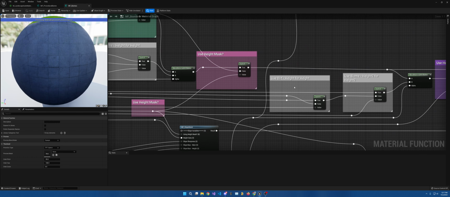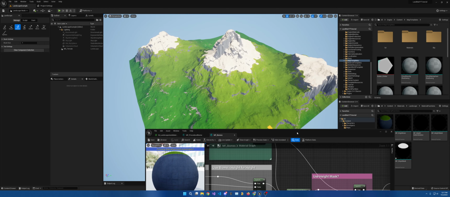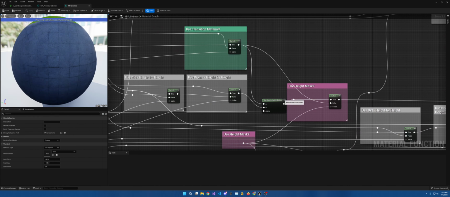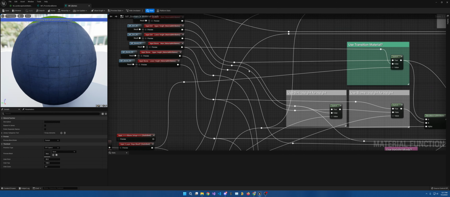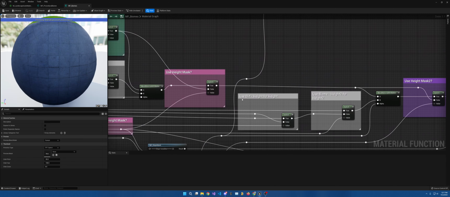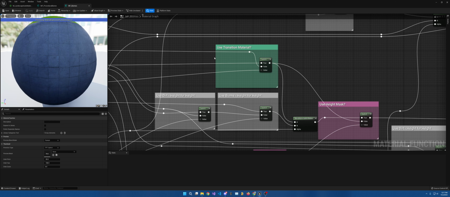At which point it's going to ask, do you want to use dirt lower height, or do you want to use the dirt that's already for the surface, that's in this biome. And then true or false will get you to dirt 1 or dirt 2. Once all that is said and done, it comes here. Use height mask. So do you want to use the snow cap one? If false, then you just come straight here and you choose whether